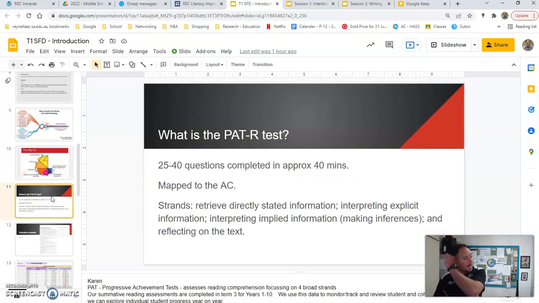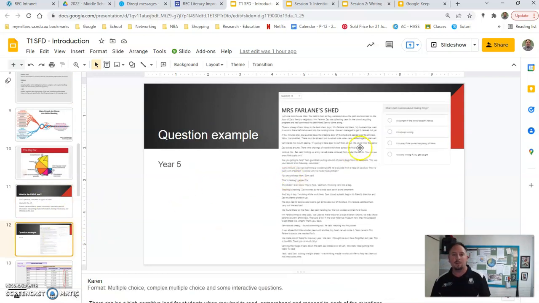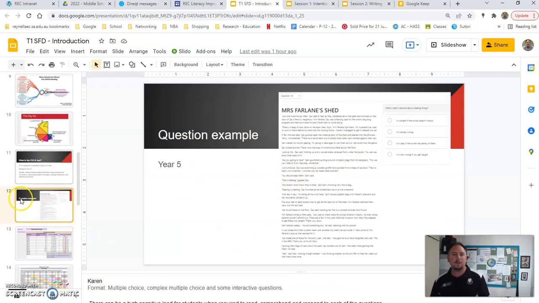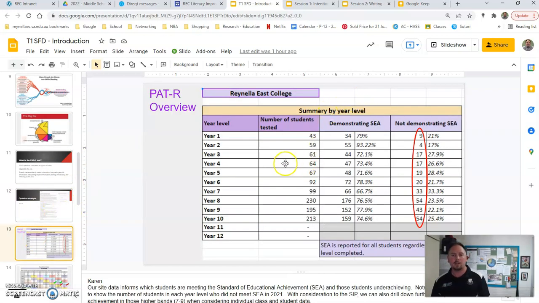We talked about the PAD-R test and what it is, the different strands. We went through some example questions, which you'll be able to see when you go into the PAD-R teacher resource, which I'll get you to log on to as part of this training. In terms of PAT overview data,